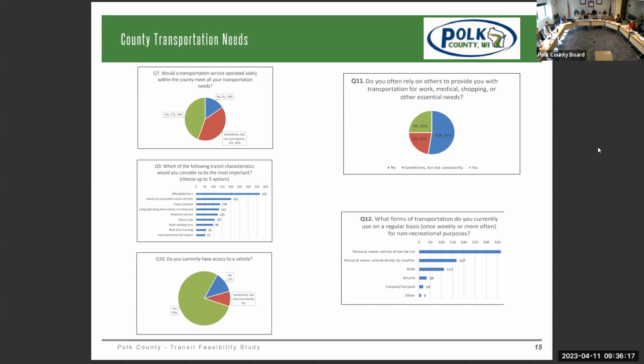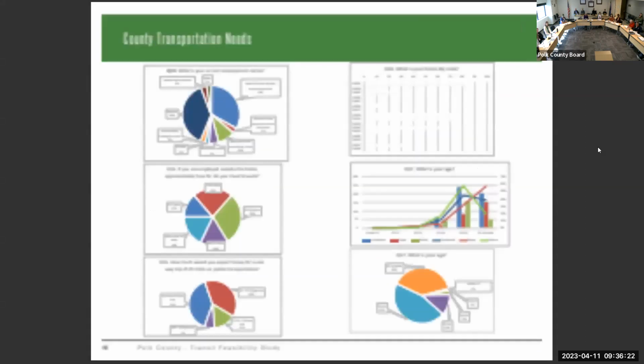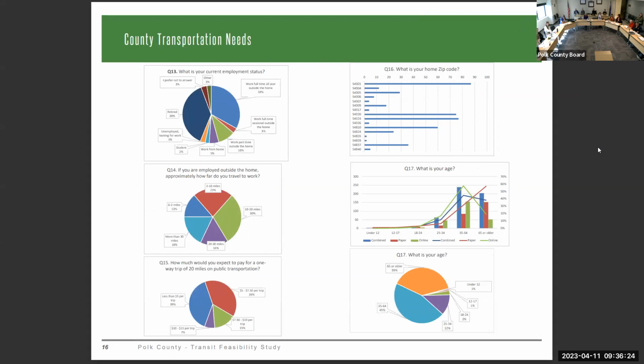Employment status. I'm not going to belabor this because you all can look through this at your leisure, and reading a bunch of graphs is sort of pointless. You will see that the people on question 17, what is your age? I'm sorry, it's a little bit of a confusing graph there. The bars are the number of people that answered age, and then the lines are off to the right. You can see the percentages of people in that age group.